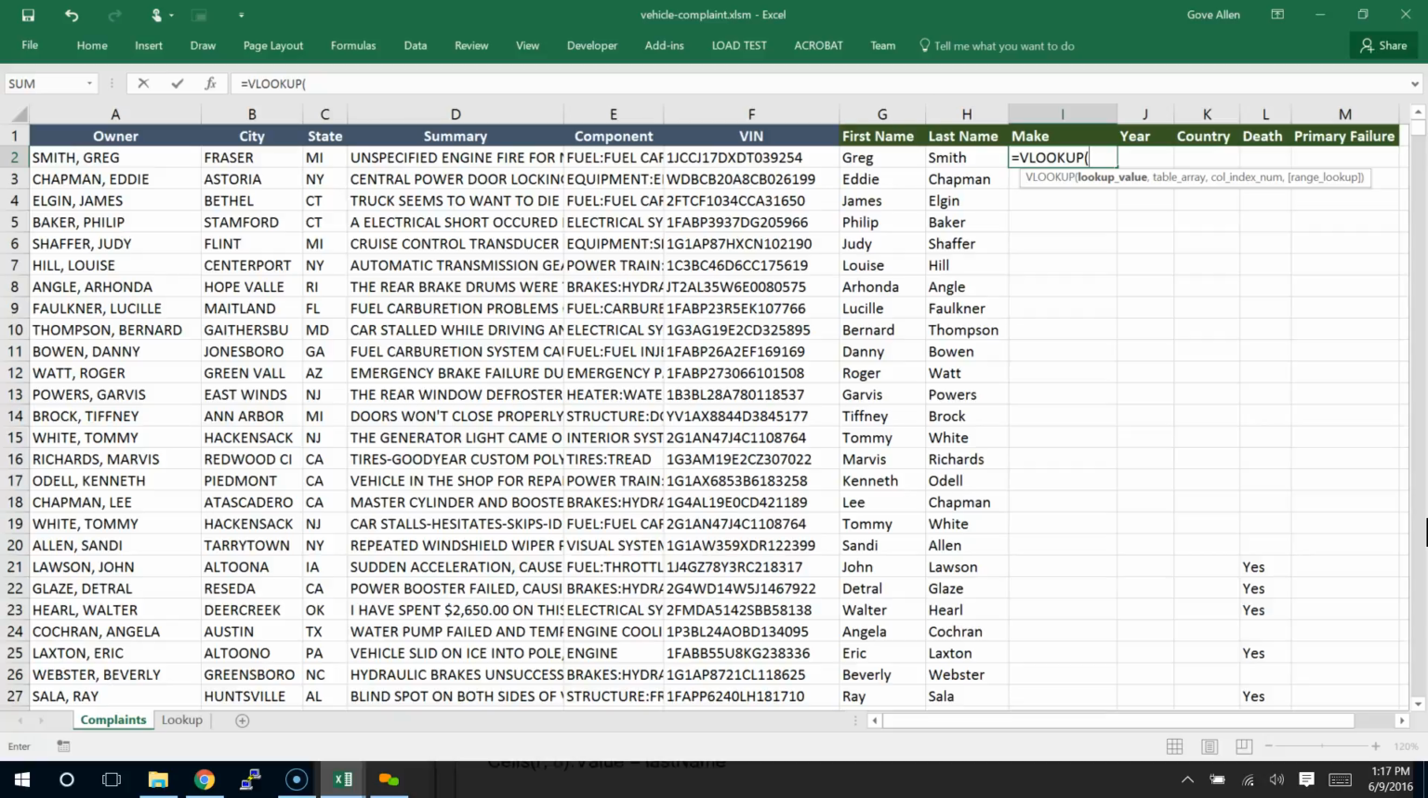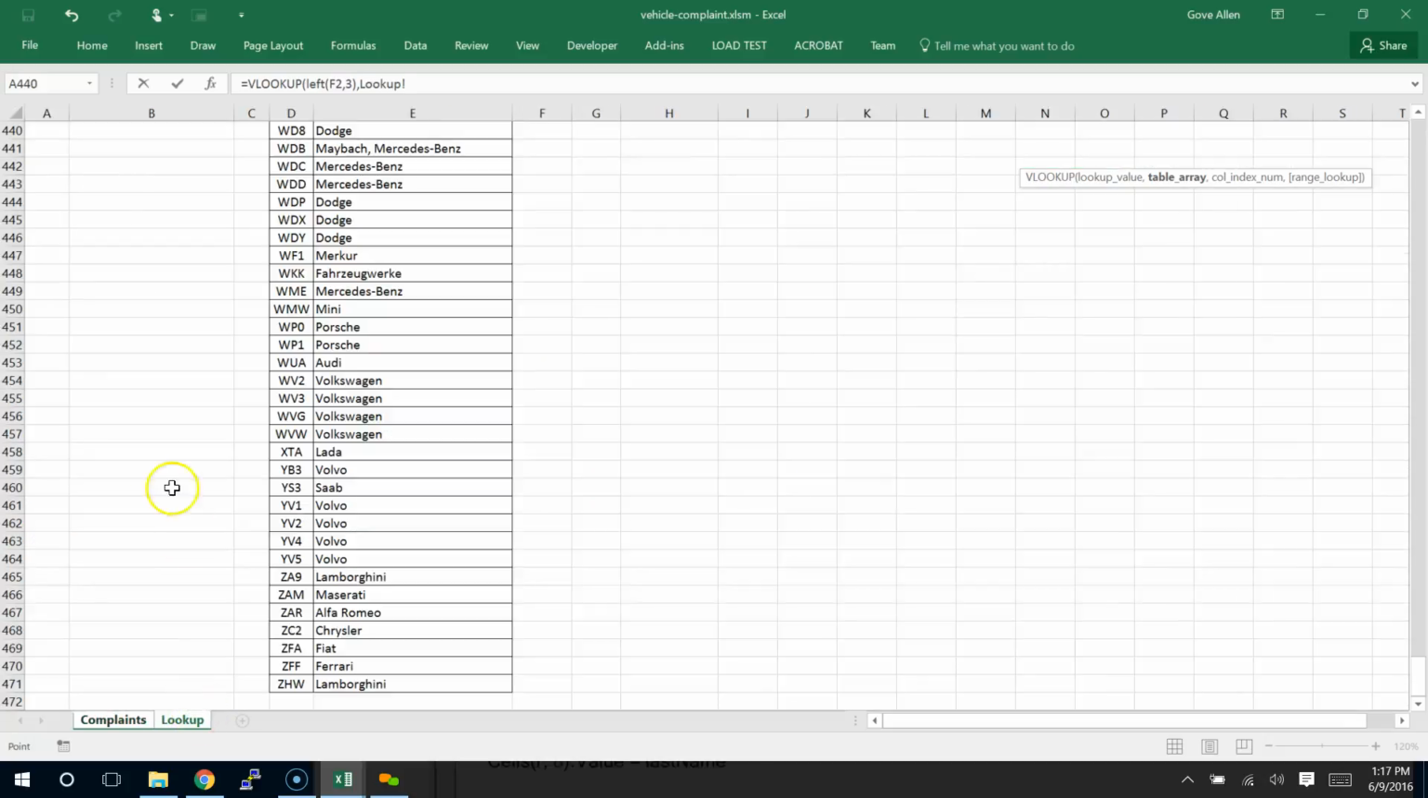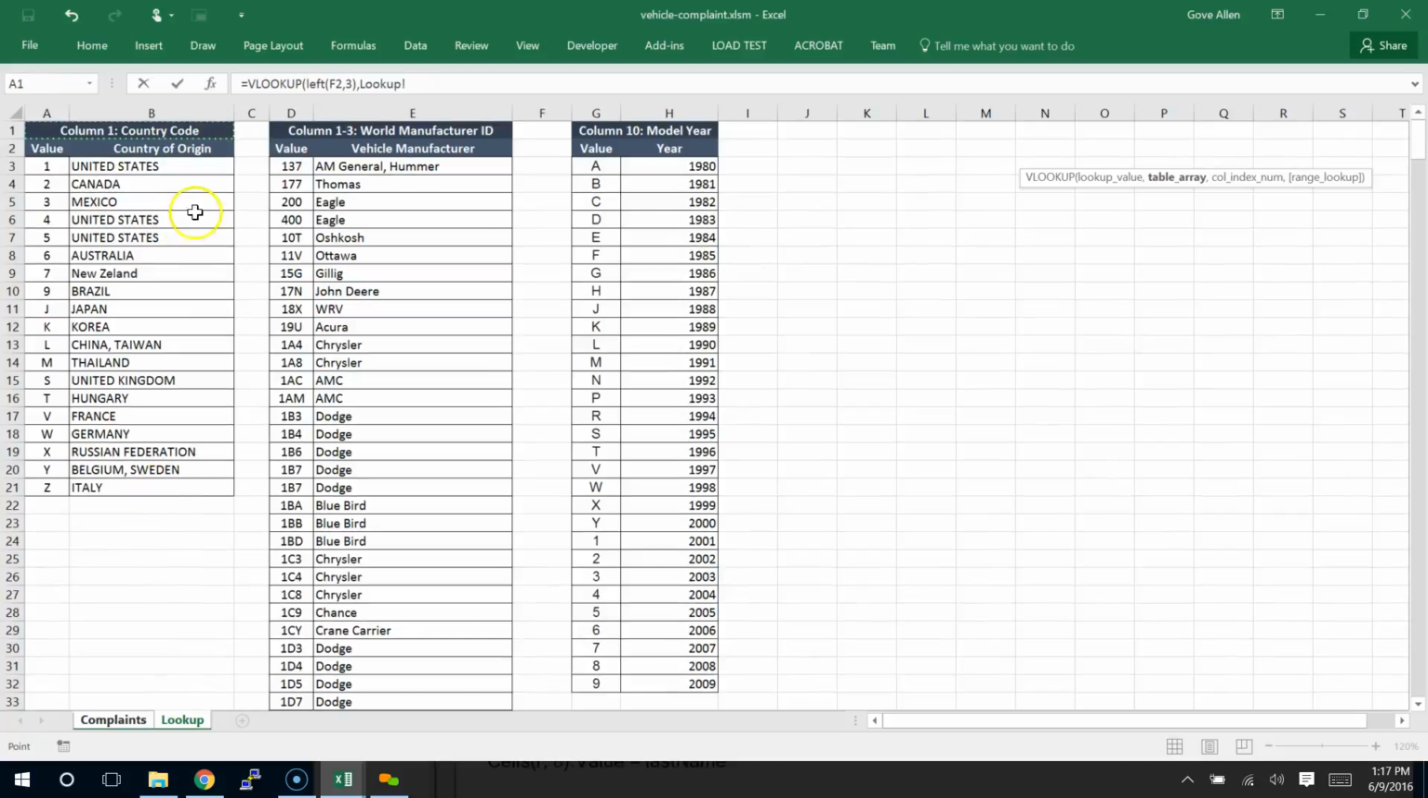Good news, the left function we use in VBA also works directly in Excel. So I can ask for the left of this cell, comma, 3 characters. That'll give me the leftmost 3 characters. It now wants to know the table I'm looking this up in. Well, I'll come over here to my lookup sheet, and fortunately for us, I've named that range. So I'll come right here,